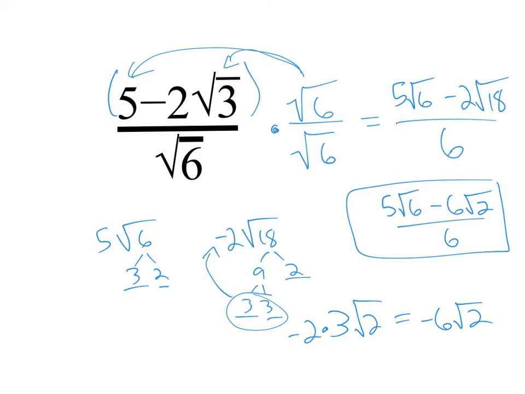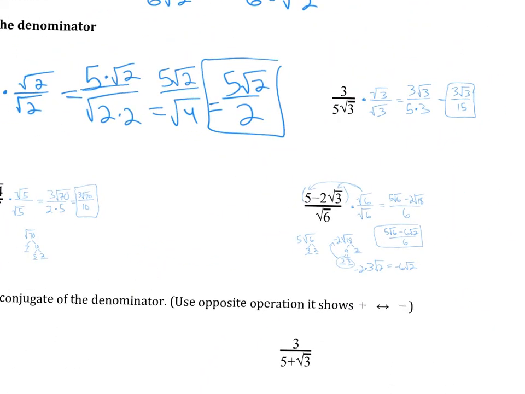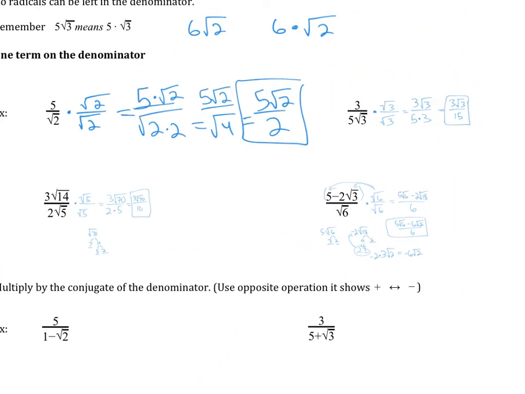So anytime you just have one term in the denominator, looking at these 4 problems, anytime we have one term in the denominator, we're just going to multiply by the radical in the denominator on the top and bottom of our fraction, and then simplify any radicals after that. This next one,